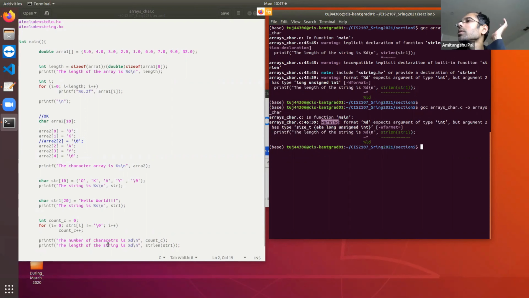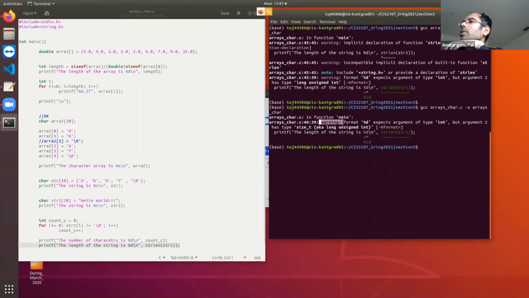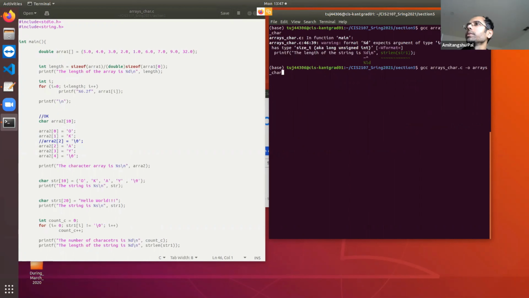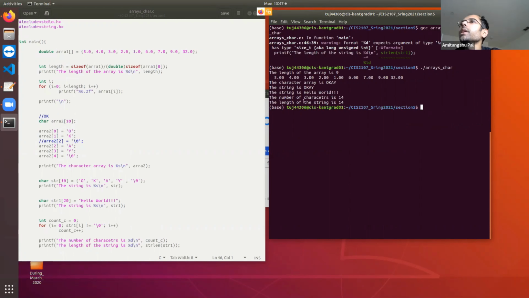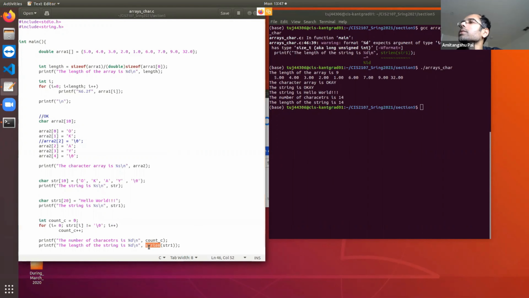Later on, I'm going to show you long int and all those things. This is an inbuilt function that is expecting a long int. For the time being, ignore this one. In the next class, we are going to come to this detail. This is not going to change the outcome of your answer. So you see that the length of the string is 14. Whatever I'm getting over here, strlen is giving the same number. So you can either write your own function, otherwise the same function is written inside this strlen function, which is residing in this header.